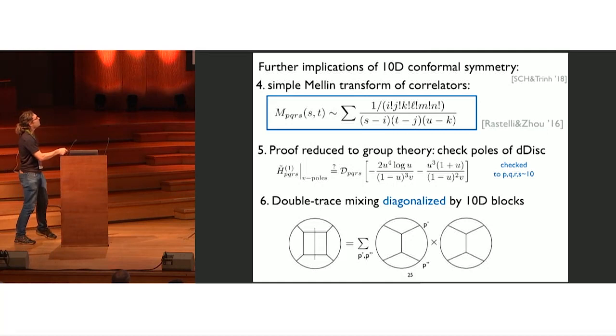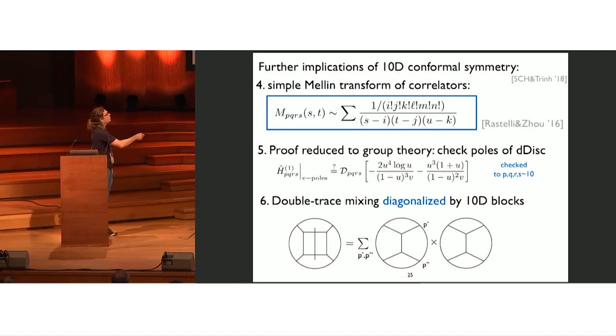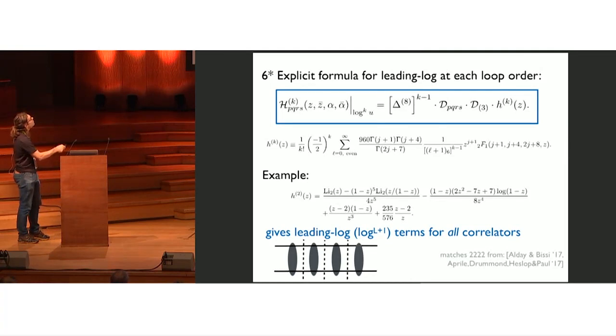And the other nice thing that I want to elaborate slightly on is that basically using 10-dimensional symmetry, we've diagonalized all the mixing problem. So we can compute the sum over all the KK modes running in a loop just by putting it in the block. Let me elaborate slightly. So we have predictions even for summing of the ladders, at least the leading logarithmic part of each ladder. So that's one bit of information about our loops that we have. So you take this very simple function, you hit it with 11 derivatives, and you get